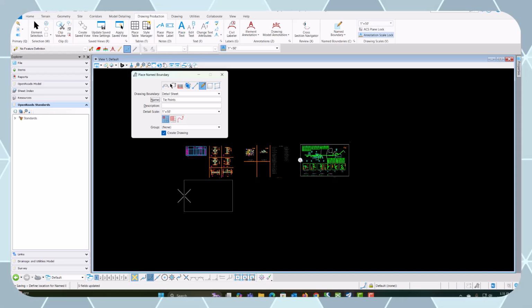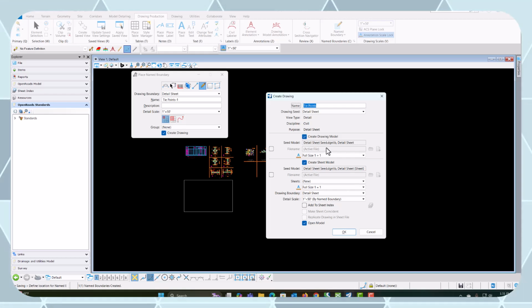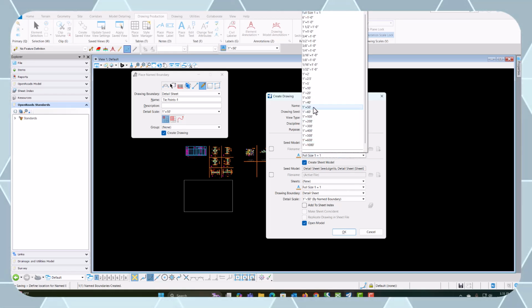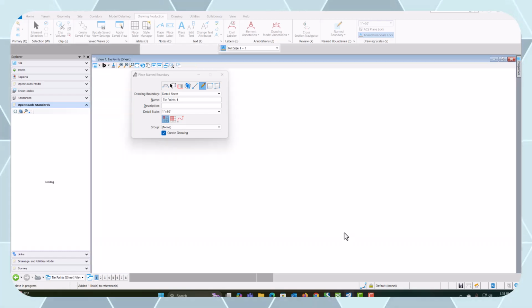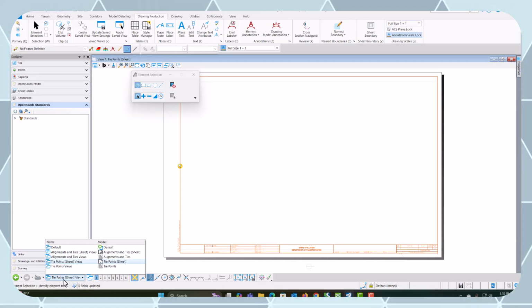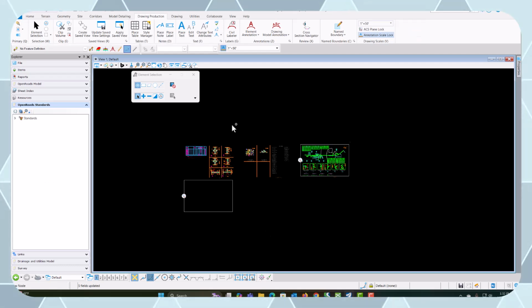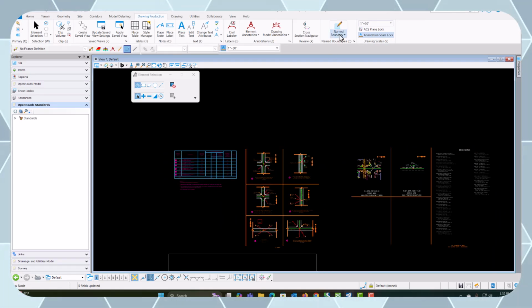We don't want anything in our sheet right at the moment, so we'll just left click out here. We get our 1 to 50. Make sure our drawing model scale is 1 to 50, matches our detail scale. Let's select OK. Now we have a blank drawing. Now if we go back and say we have a bunch of ties we want to put in here, so I want to do a name boundary around